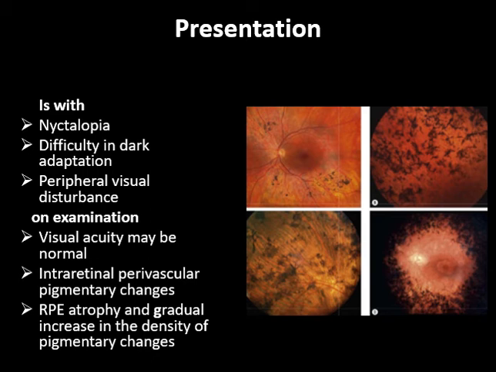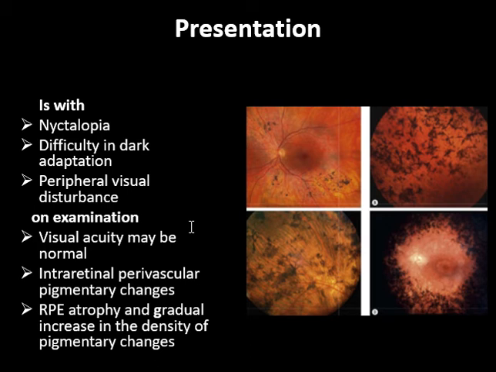dark adaptation. And later on, the patient also develops peripheral visual disturbance, as we know that the rods are more concentrated on the retinal periphery. So there is disturbance of the peripheral retinal visual acuity also. On examination, the visual acuity is variable. It may be normal or it may be